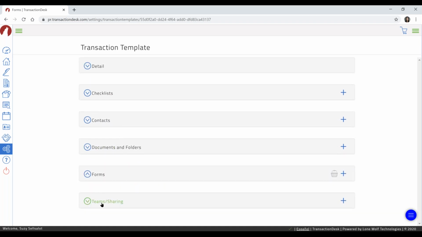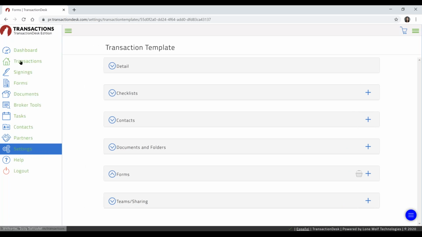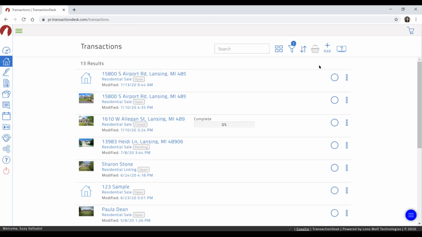And last but not least, we have teams and sharing. Again, we do discuss teams and sharing in our advanced webinar, so I'm not going to go into details or specifics on here. But you've really now just successfully created a template. So now I'm going to move all the way back up to our transactions, and I'll open up that box there so we can see the navigation bar. I'm going to click on the house icon and create a new transaction and then apply this template to this transaction. So clicking on transactions, moving to the Add Plus button,